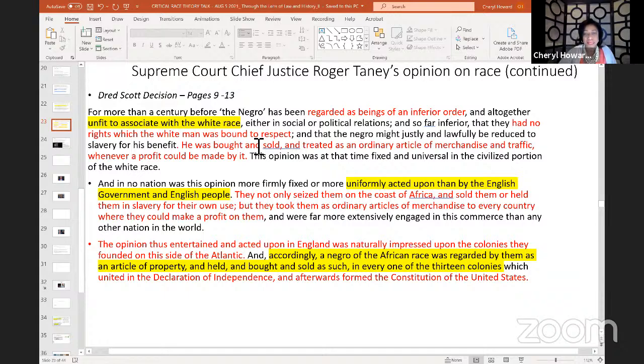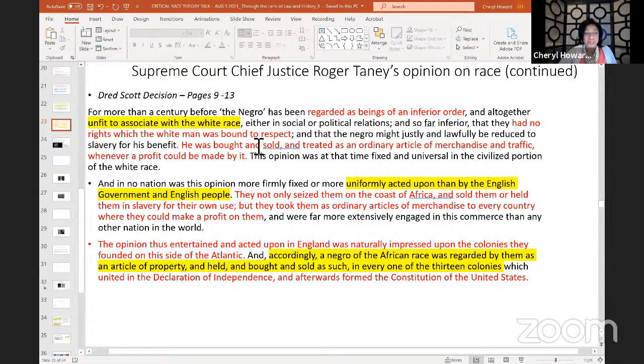They not only seized them on the coast of Africa and sold them or held them in slavery for their own use, but they took them as ordinary articles of merchandise to every country where they could make a profit on them, and were far more extensively engaged in this commerce than any other nation in